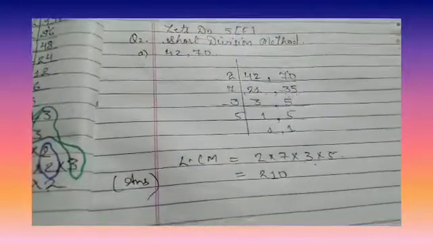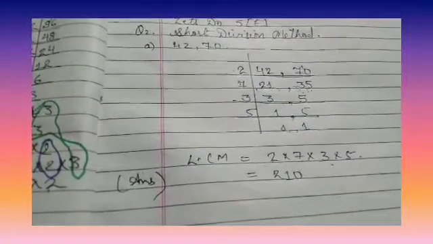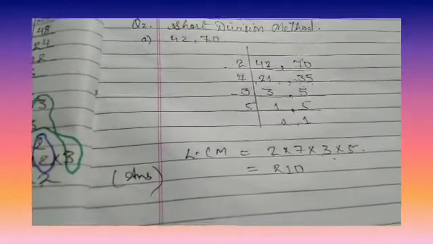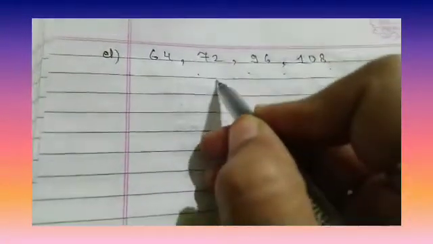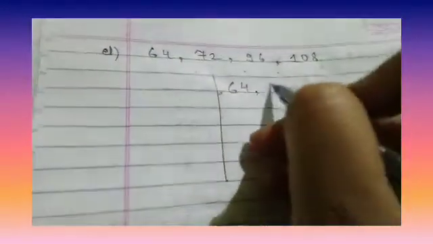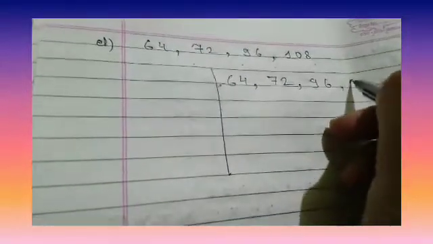Now we have done part A. Now we are going to copy down part D. So we have 64, 72, 96, 108. So we will go 64, 72, 96 and 108